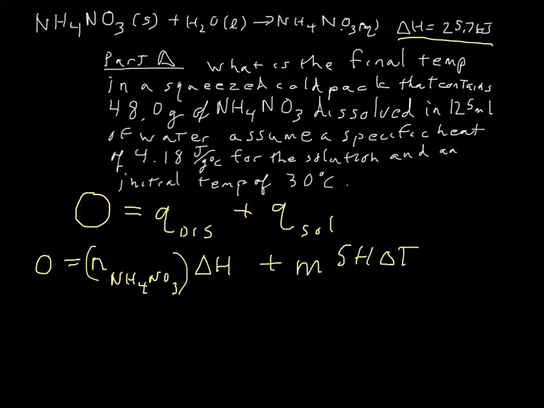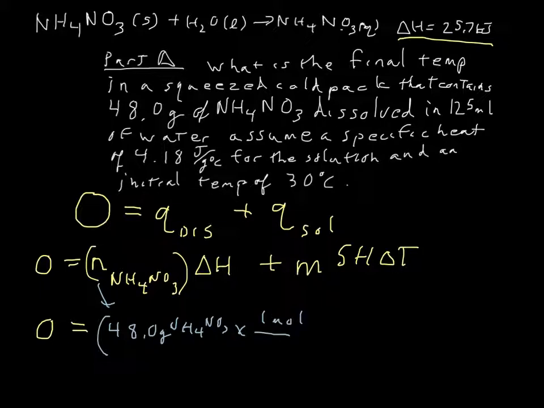Alright, now we plug and chug. First of all, we don't have a number of moles directly, so we're going to have to calculate that. We're told that we have 48 grams of our ammonium nitrate, and that 48 grams is going to be how many moles? We'll place grams where they cancel out, place moles where they'll be left,